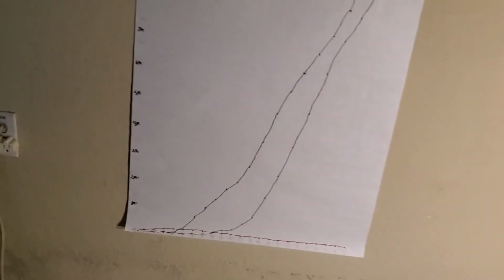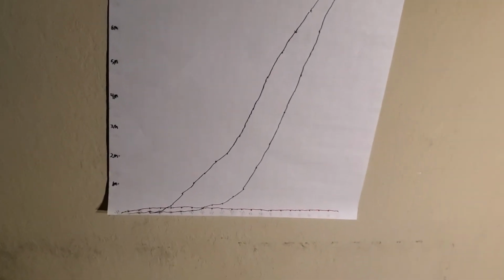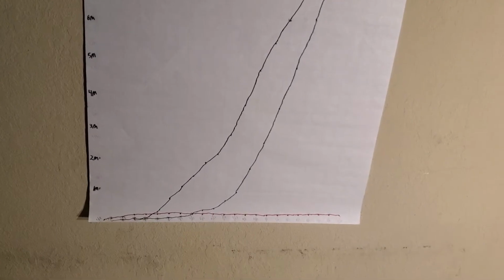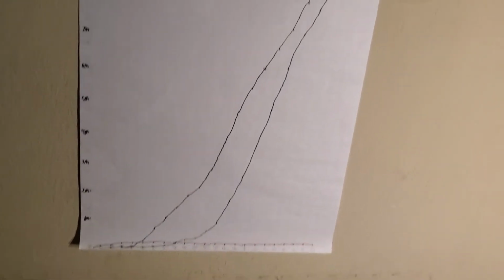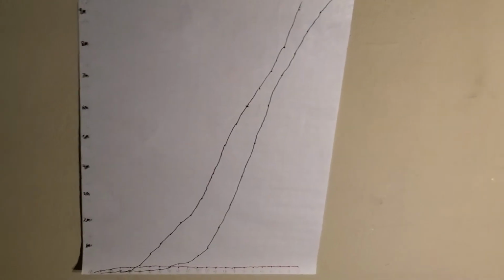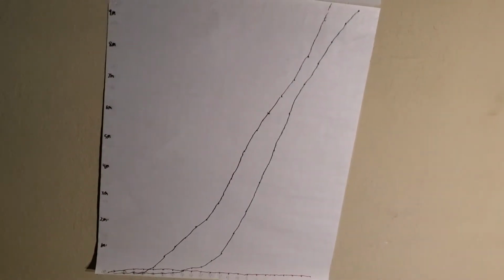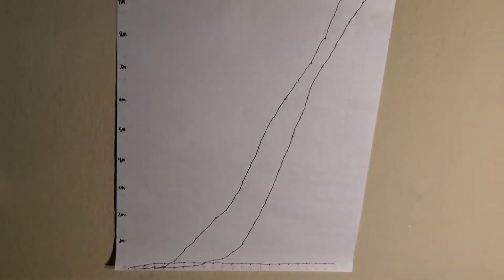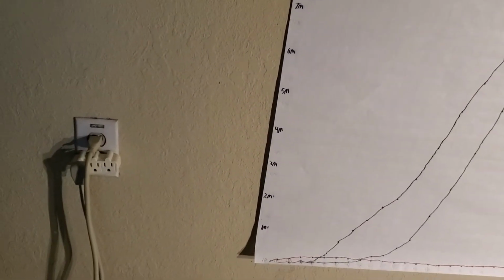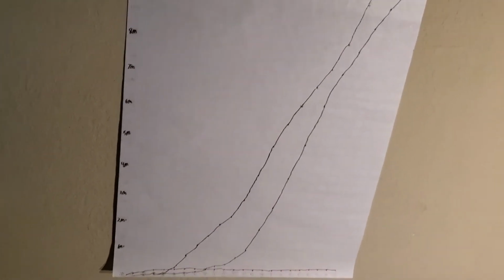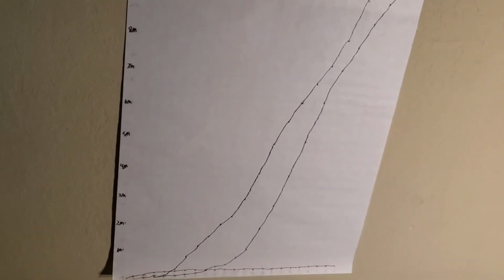Okay, so basically, I made the red color for China. The red color is indicating the cases of China. The green color is indicating the cases of India, and I used the black color for the United States. So I tried to show all the cases together on one graph. And there's a big difference between China and the other countries, especially the United States.